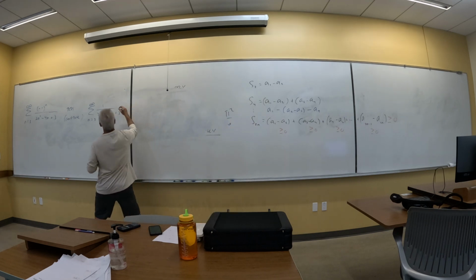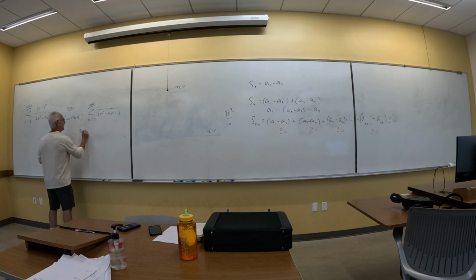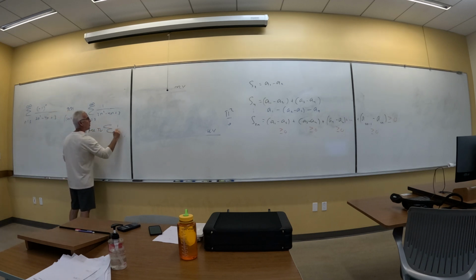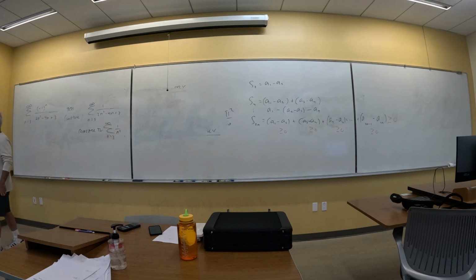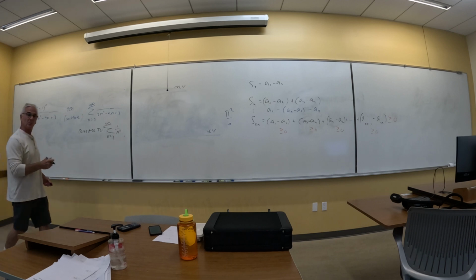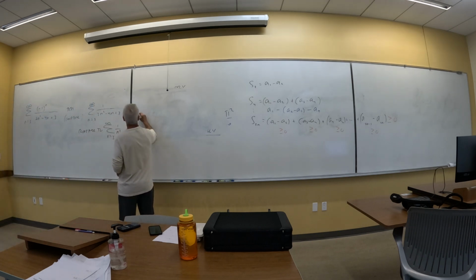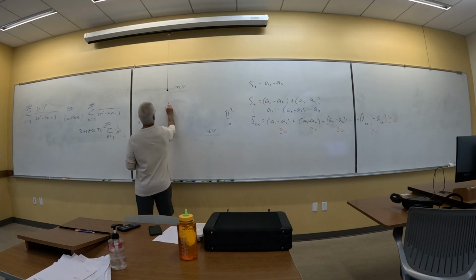So, we are going to do what? We are going to compare to the sum of 1 over n squared. And by the way, I'm going to say n equals 3 to infinity because I want them to start at the same place. Starting later, we already know cannot affect convergence or divergence. Right? It cannot affect convergence or divergence. It just means I don't have the first 2. Big deal. All right. So now, we take the limit as n goes to infinity of this